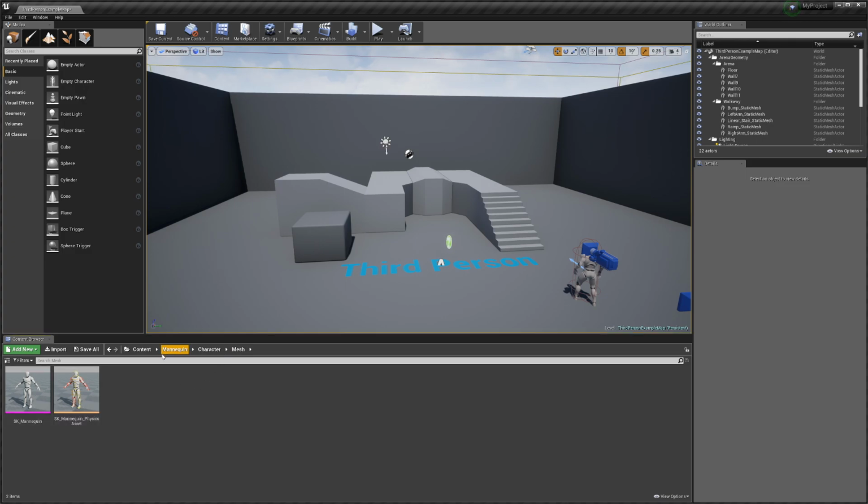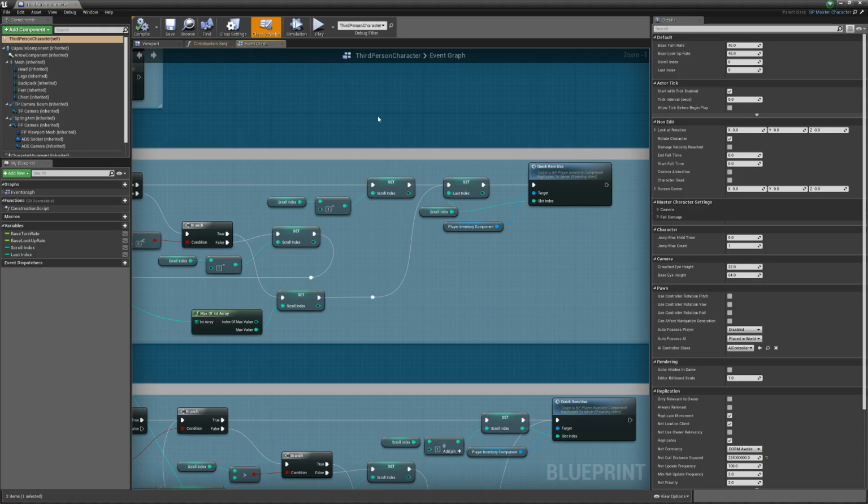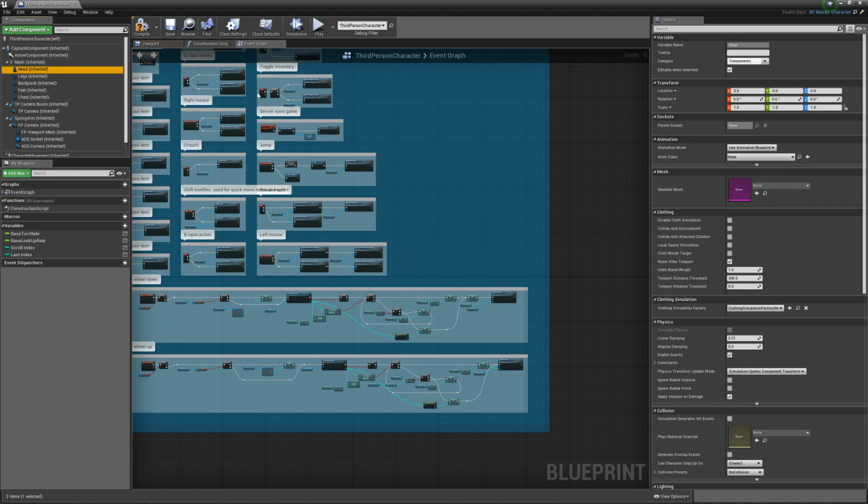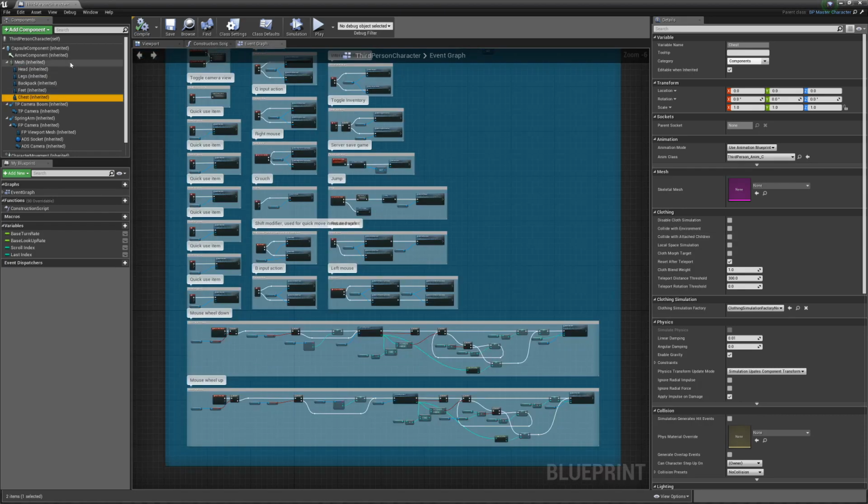So now we want to go back to our character blueprint, and in here we can select our mesh and change the third person anim BP, which is the one that's included with this template, to our Survival Game Kit one, which is third person anim. So we need to do that, and then you just need to go through each one of these components here and do exactly the same thing by selecting third person anim here. So once you've changed all of those to the third person anim animation blueprint, we're going to look at the